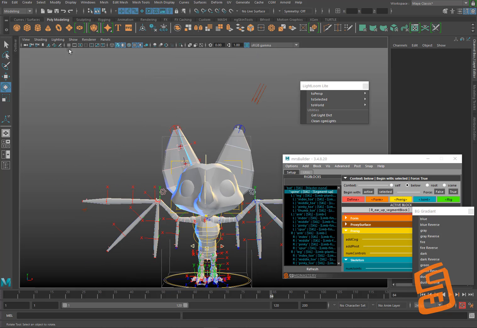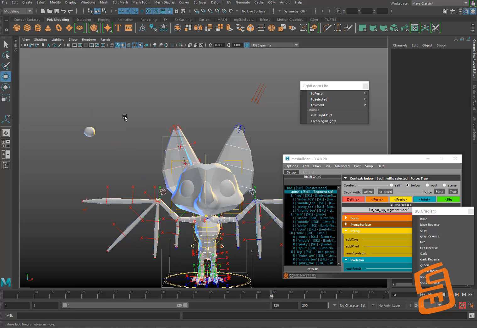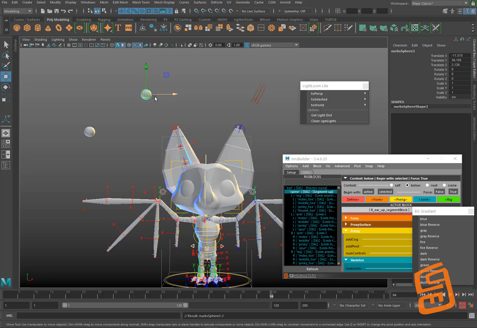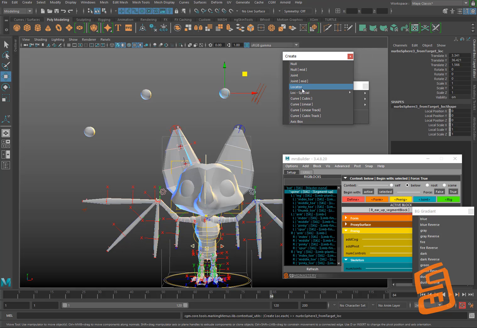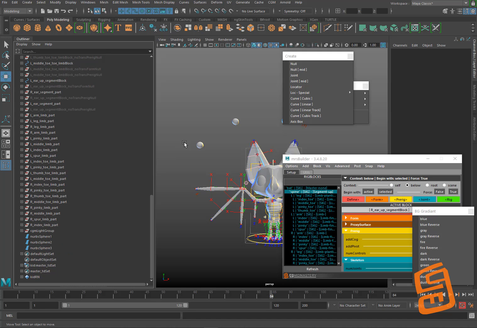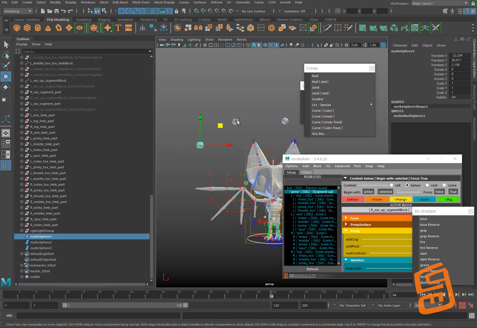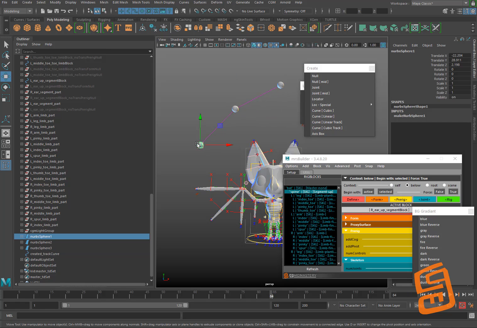Let's see, there's a couple of new things in the menu that I haven't really shown, so I wanted to show that. So this is something I do a lot, rigging wise. So I'm just going to make a few spheres along here. And then with the create menu, this is another one that I use a lot. You can do locators if you want, which makes locators at those objects. But you can also do some other stuff. So if I select these and I say I want to have, this is the new one in the last couple releases, linear track, it'll make a curve that will track, it sets up all the clusters and stuff for you. Or you can also do a